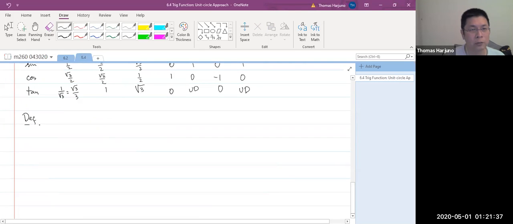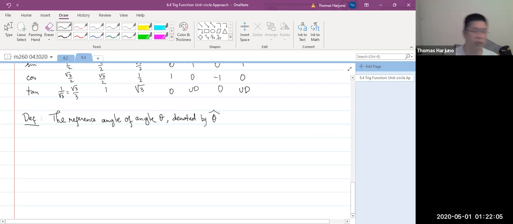Definition: the reference angle of angle theta, denoted by theta hat. Okay, that's my notation. Apparently our textbook does not use that notation. I use that notation. Is the acute angle